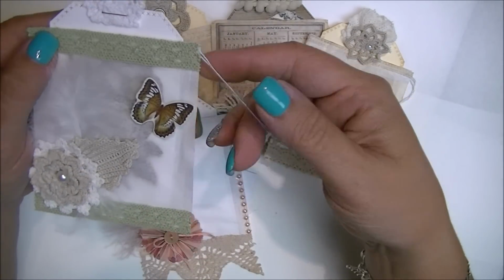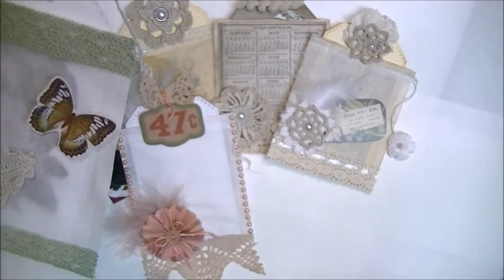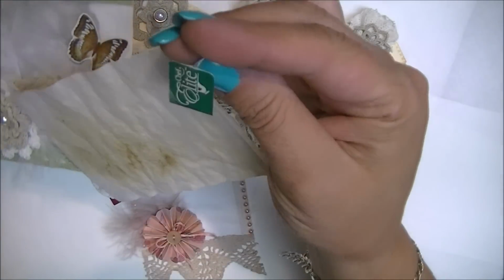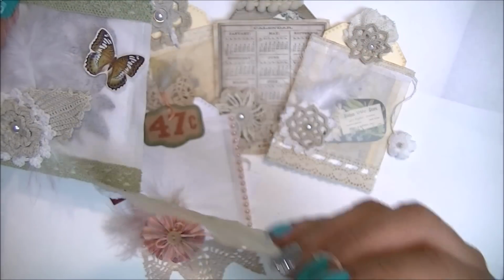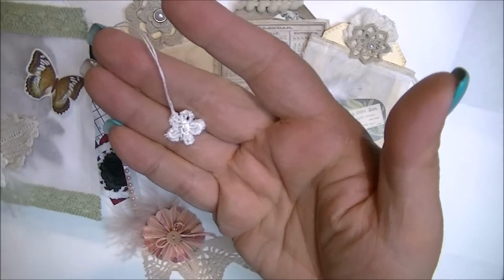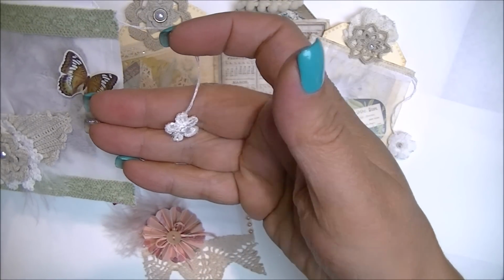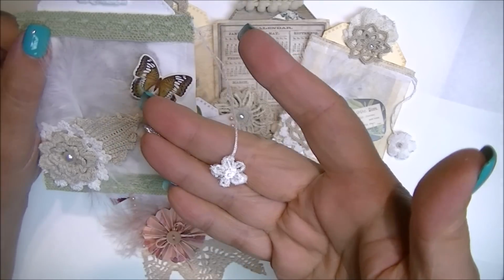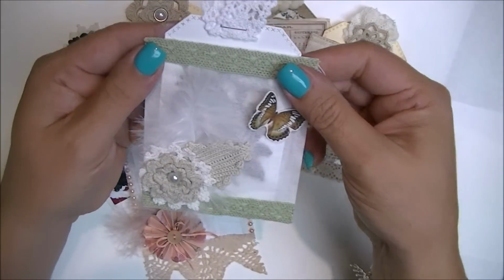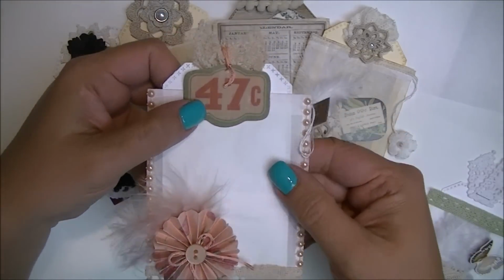And then I left this string on. I really liked it, and in some cases I removed that little tag there from the actual bag, and added some lace or little flower pieces, and for the most part they're all different. So I'll show you that, and that's the back. So I just thought they were super cute, and so that's a white one, and this is another white one that I did